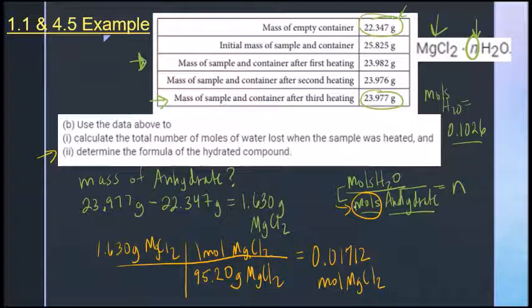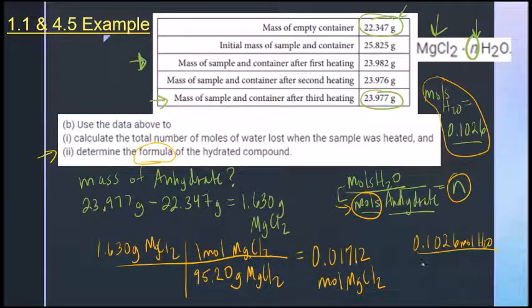MgCl2. Now that we have the moles, and we also have our moles of water up here, we can figure out our N value. And once we know our N value, we can write out the formula. So that's important. So let's go ahead and do that division, where we take our 0.1026 moles of the water, we divide it by the moles of the anhydrate,